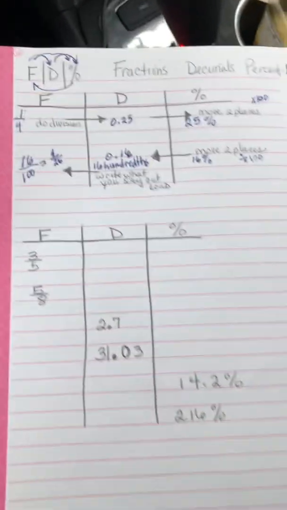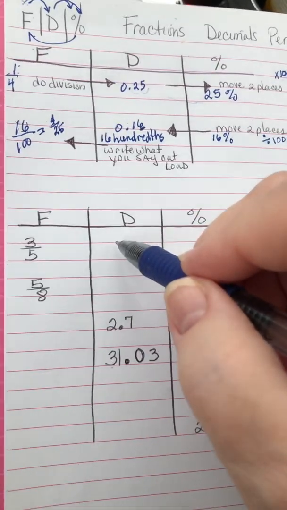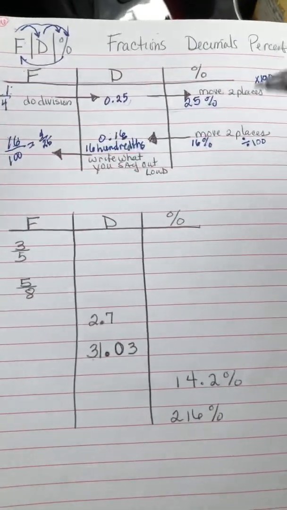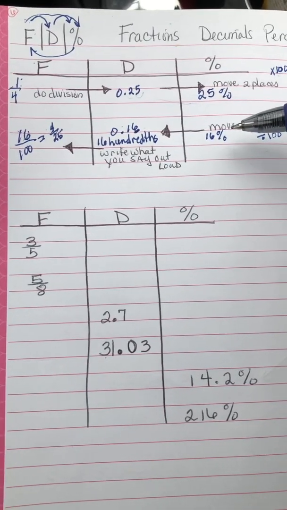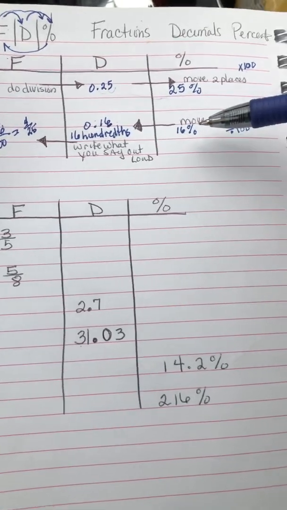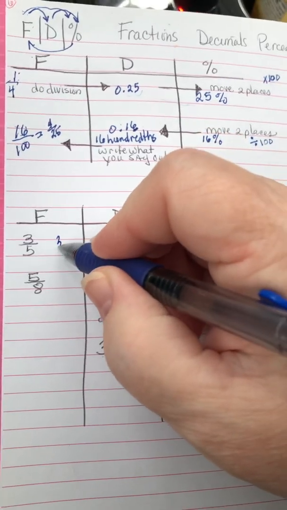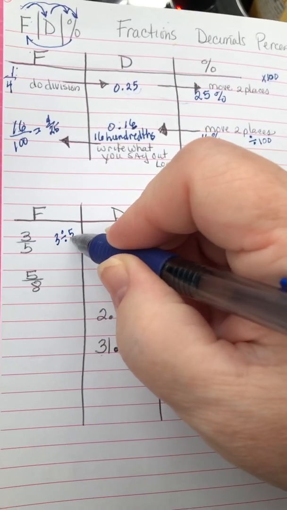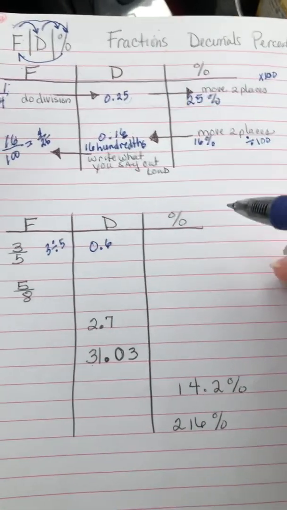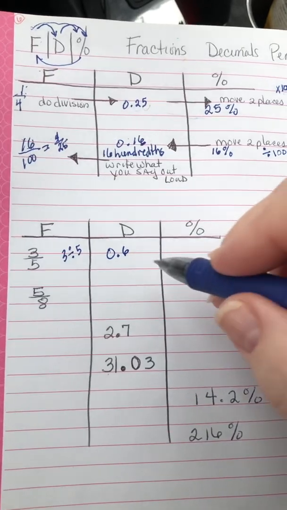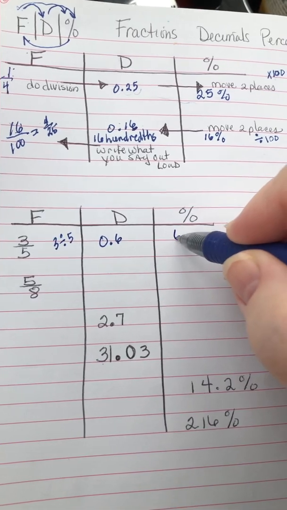All right, so that's how we're going to do each of these. So we start down here, we have 3/5. I want to turn it into a decimal. And if you want to, you could pause the video right now and you could try and do each of these based on what I showed you up here. That's up to you. All right, so 3/5 is 3 divided by 5. And so when you do that, you should get 0.6 on your calculator. And now we want to move the decimal 2 places to the right, take it times 100, and that would give us 60%,